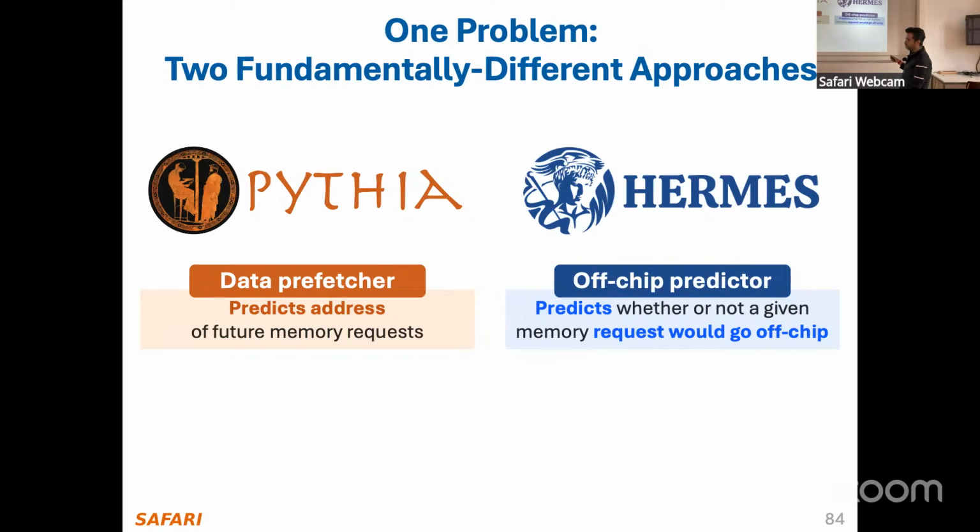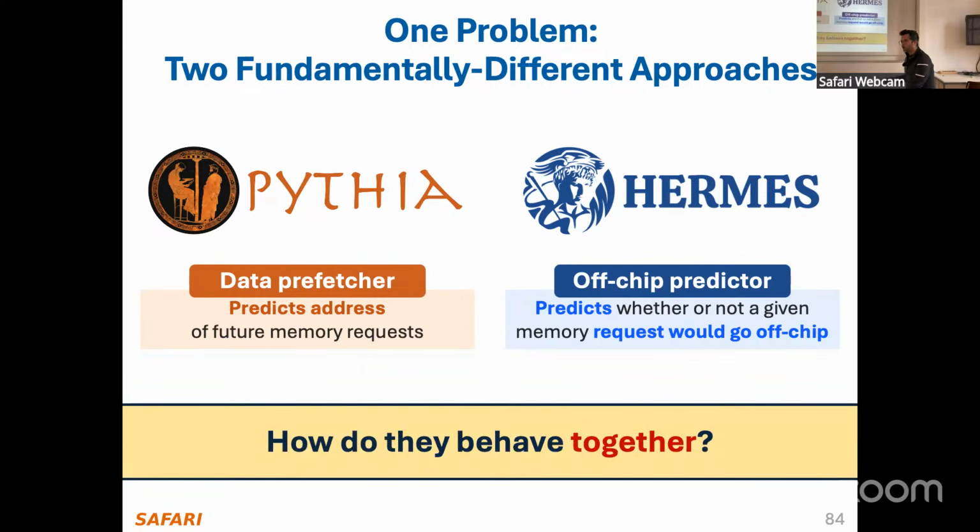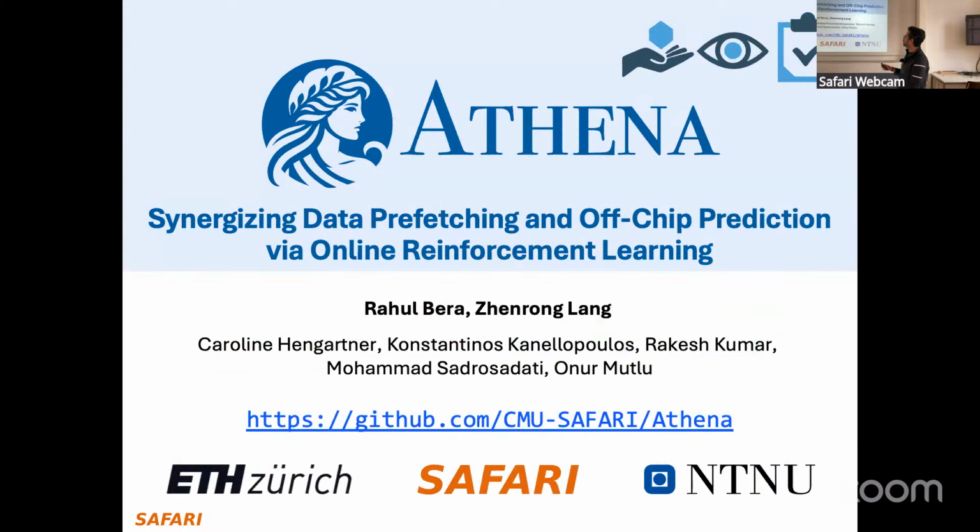In this case, you are aiming small, so you are not predicting the full address, you are just predicting a Boolean value. But if you miss, you would probably also miss small. So the negative side of this is much less than what it can do. What I showed before is that these two are supposed to be implemented together, but we don't know exactly how they behave together. That actually brings us to this final piece of work, which we just presented,